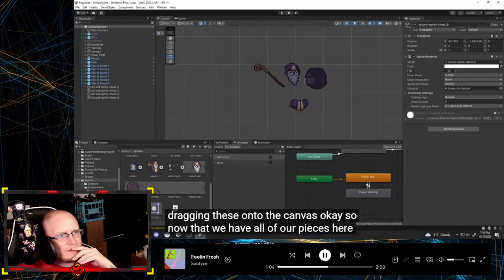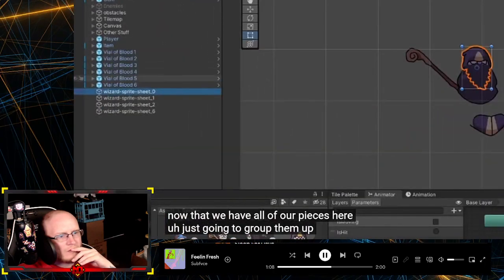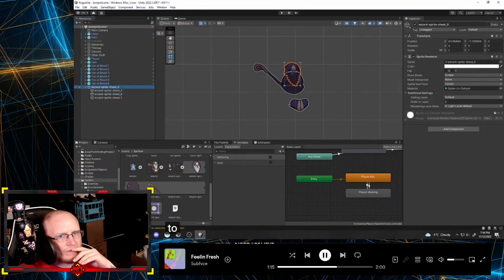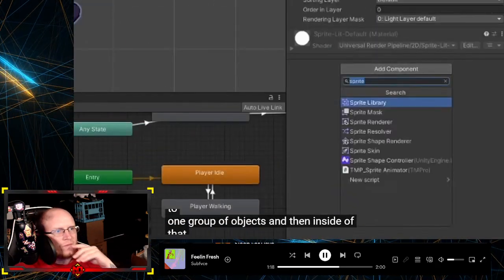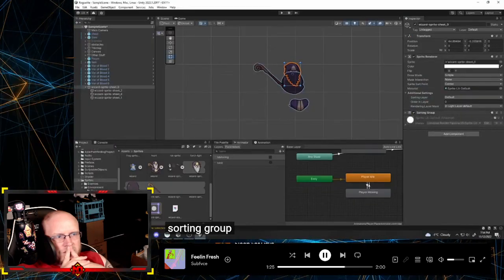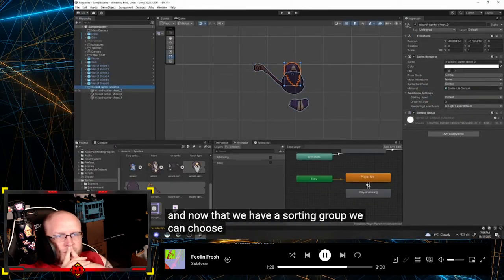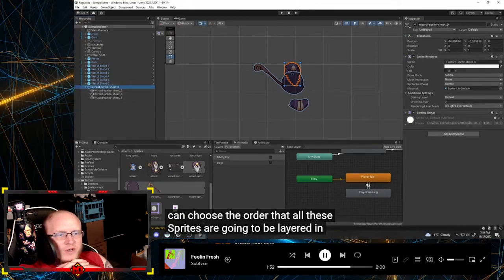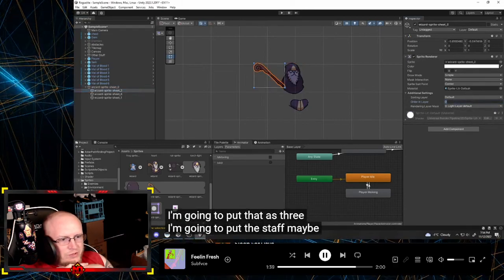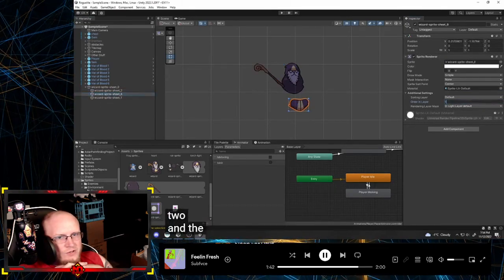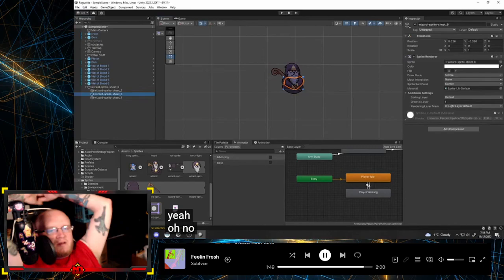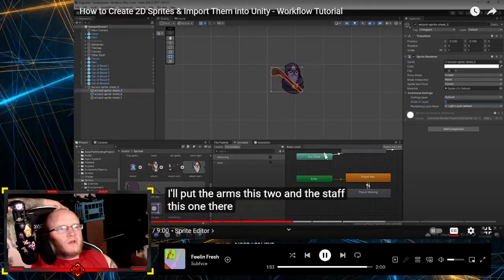Dragging these onto the canvas, so let's group them up. Going to add a sorting group. Now, in a sorting group, we could choose the order that all sprites are going to be layered in. Put that as 3. I'm going to put the staff maybe. Oh, okay. So he's just choosing where to place them and putting them in a certain order, but that's different components of one sprite. Okay, so now